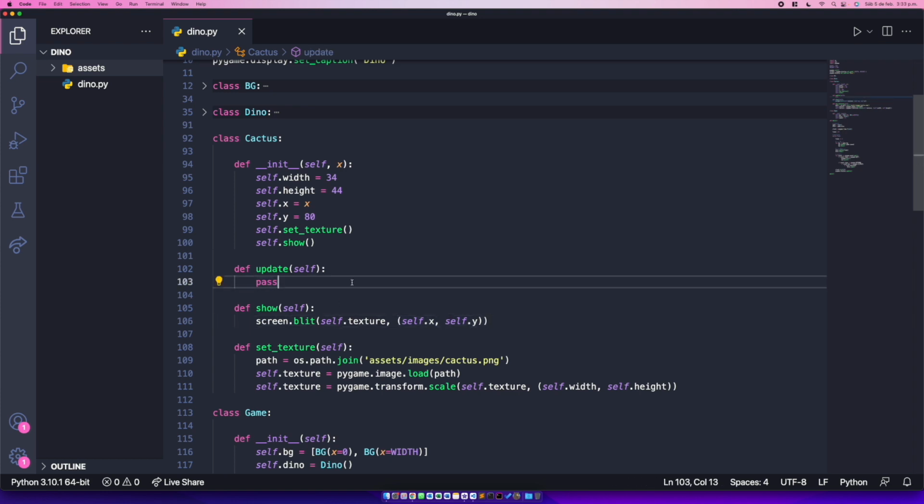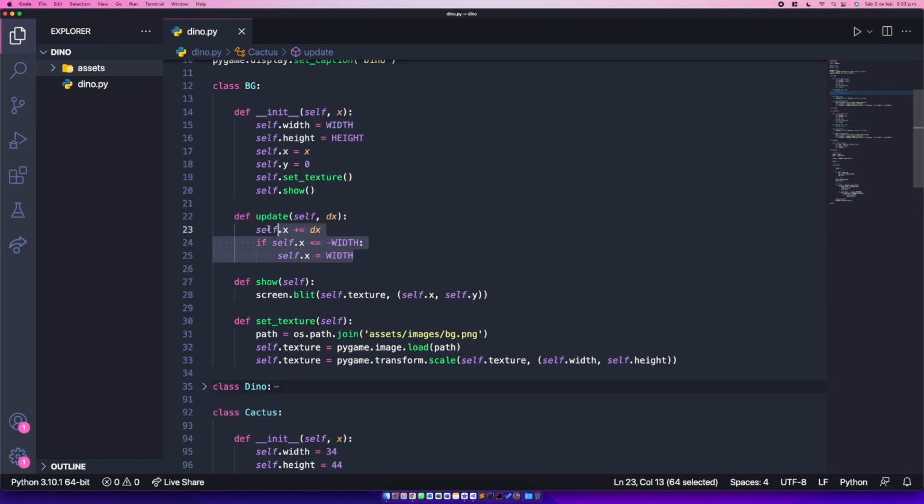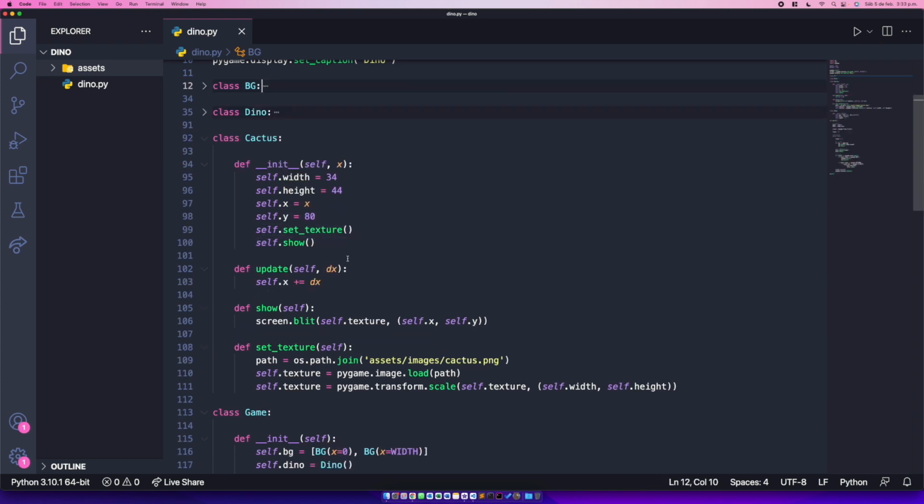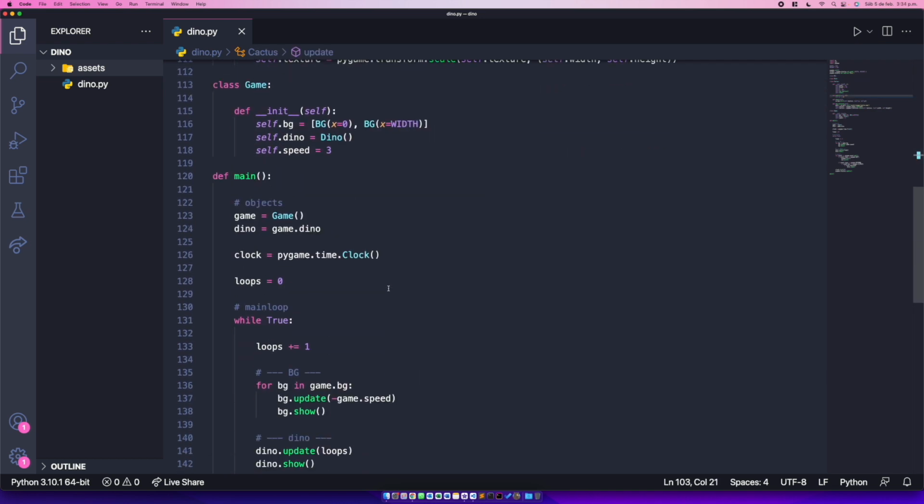Okay, and update. This is pretty simple also. We're gonna receive a dx and we want to add to our self.x property that dx param. This is going to be a negative value to make the illusion that the cactus is moving to the left of the screen. This is pretty much the same code that we have on our background class. As you can see, self.x plus equals dx. So pretty simple. Let's go to our main loop,